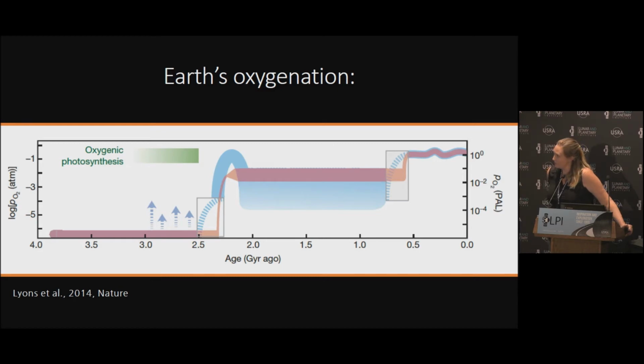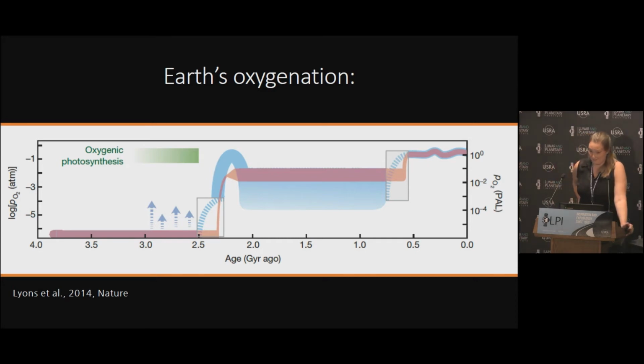We saw some oxygen curves yesterday from Kump in 2008. And the major difference between that curve that you saw yesterday and this curve is that we now think that oxygen levels were probably an order of magnitude or two lower than what that curve depicted. And that's of relevance to this group here because that means whereas we used to think that you could detect atmospheric oxygen on a Proterozoic-like exoplanet, we're now not so sure that that's actually feasible.